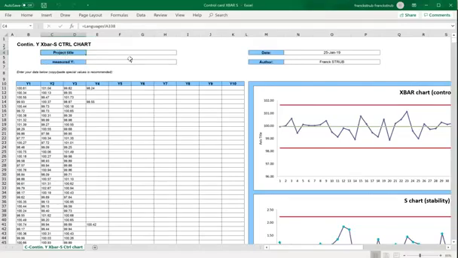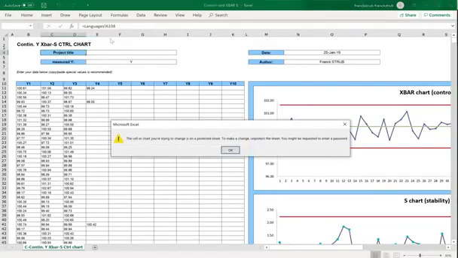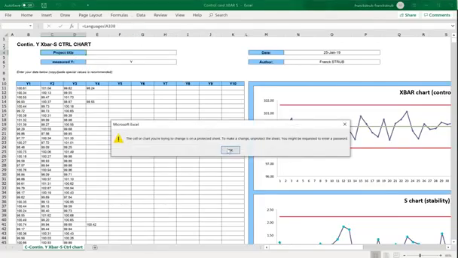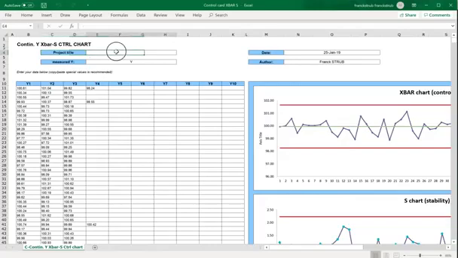Blue cells are protected, you cannot erase them, but you can see the formula behind the blue cell in the top bar. You cannot change it, of course. White cells, this is where you enter your own data, and this tool comes with pre-filled data to show you an example of control cards.